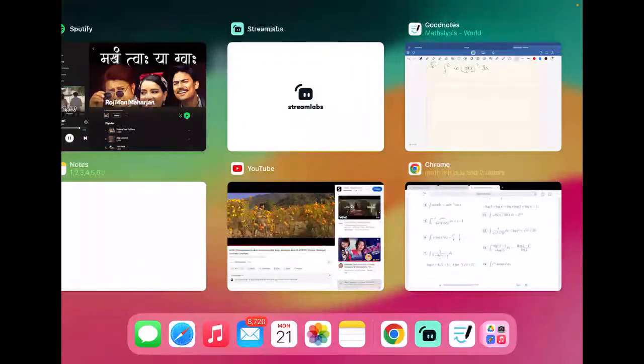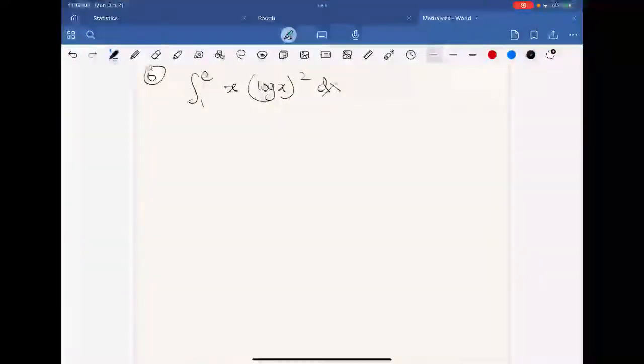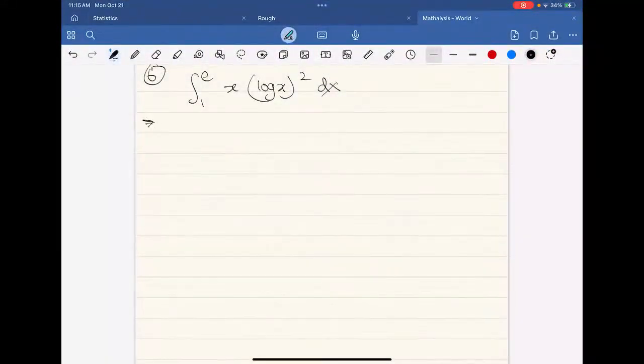Integral from 1 to e of x (log x)^2 dx, right? So let's try to solve this problem. Now, what do you think we will use? I think it's better to use just integration by parts, where this will be the u and this will be the v. So this will be (log x)^2, and then the integral of x is just x^2 by 2, minus